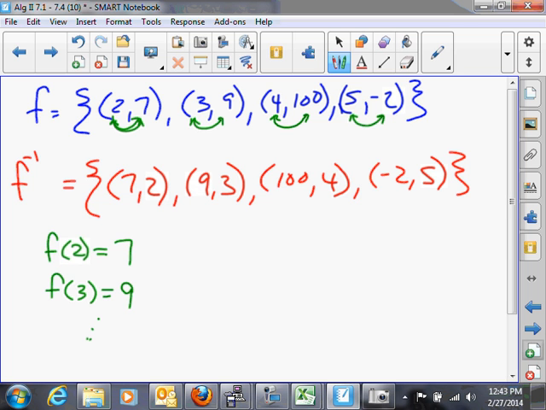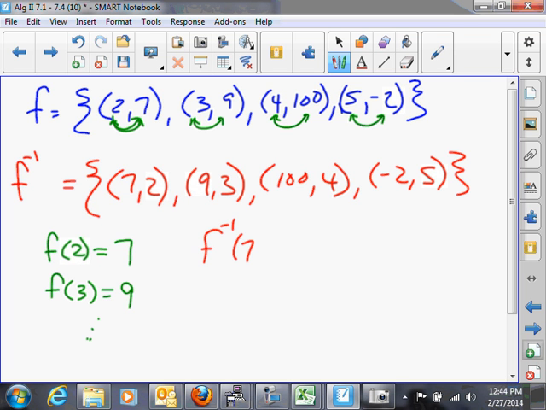In other words, -1 looks like an exponent of an f, but we read it f inverse. So if your variable actually names a function and you put an exponent of -1 on it, you read it as f inverse, and that means the inverse of the function, not just 1 over f, which is what f to the -1 ordinarily would mean. So f inverse of